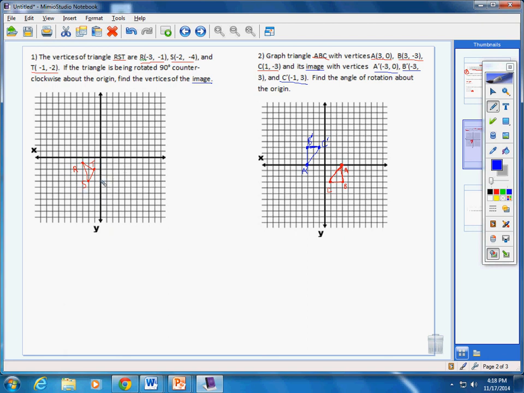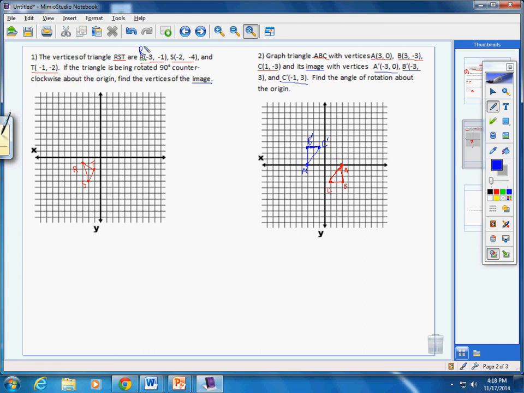So yesterday we talked about translations. The new figure was the image. Today we're talking about rotations. The new figure is still going to be the image. Okay? So let's move them one point at a time. In order to rotate this point R, (-3, -1),